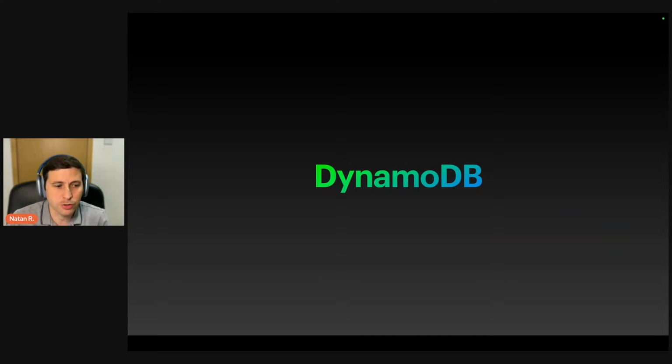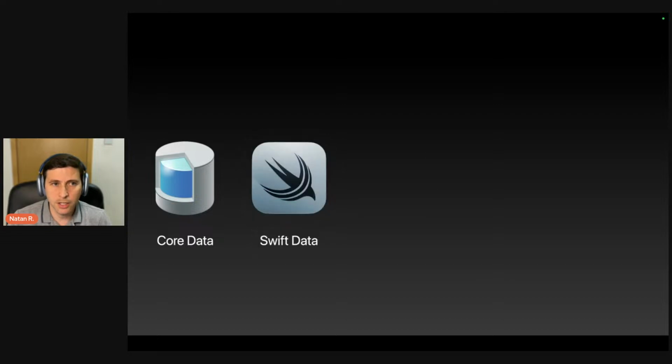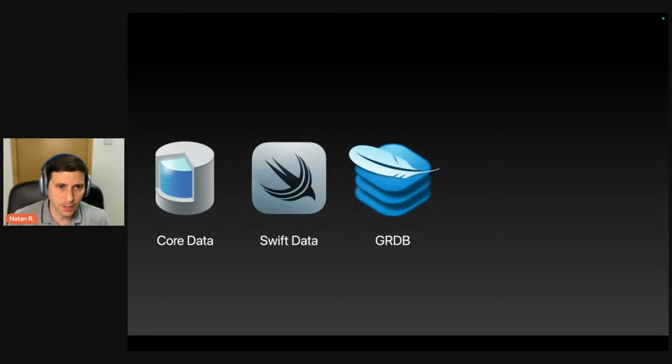Now, moving on to Dynamo. So my first experience with databases was with Core Data around 13 years ago. If you're talking about Swift, probably that's what many iOS developers did. And Core Data runs mostly on top of SQLite as the backing store. And many other DBs are also SQLite based if you are using SwiftData, or if you're using GRDB on top of